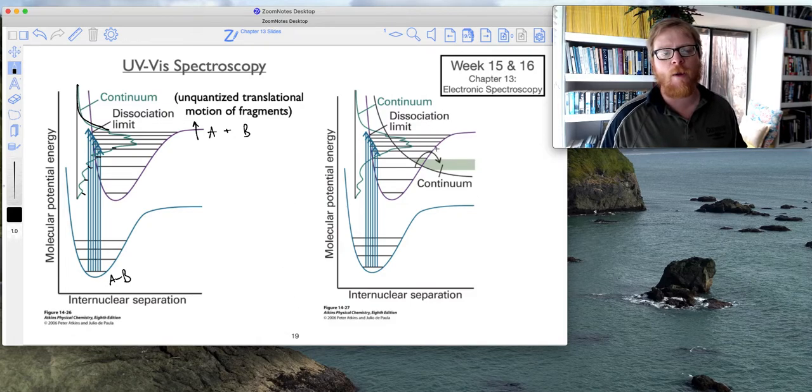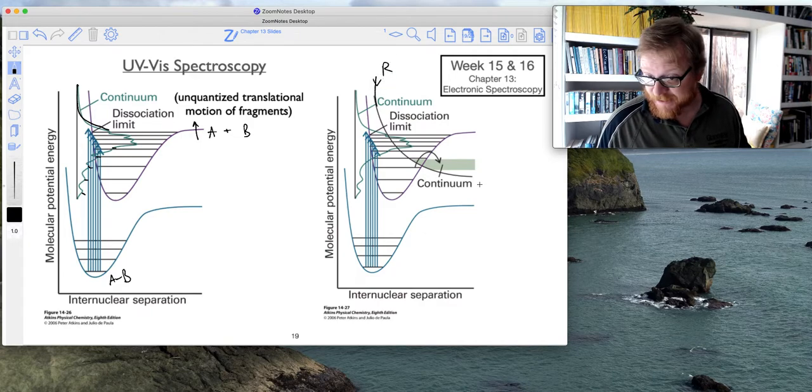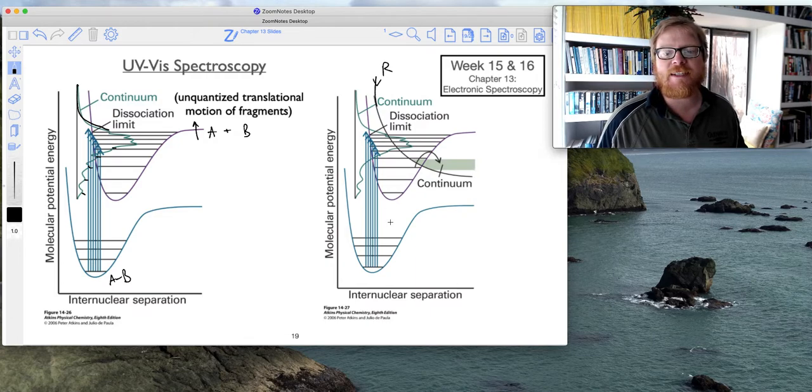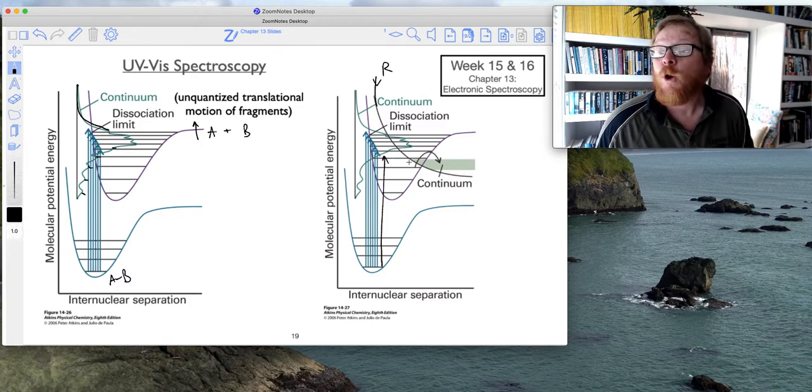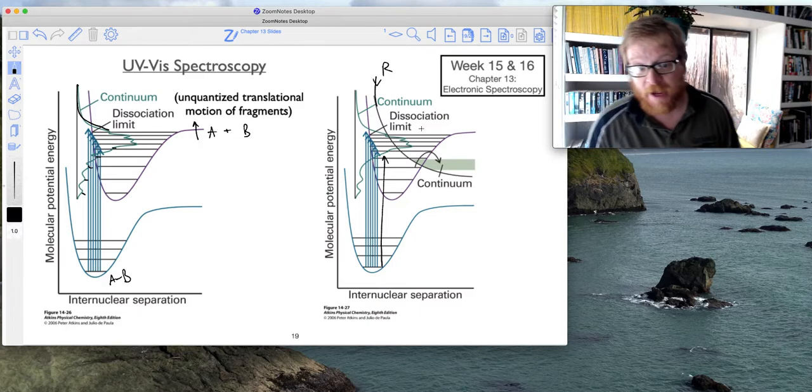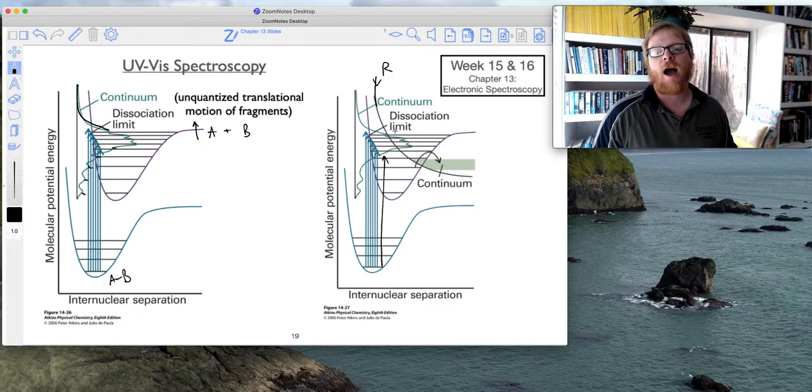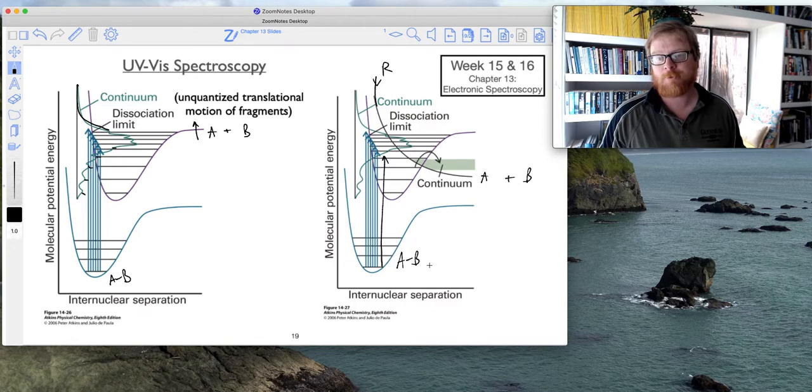So we can also get what's often referred to as pre-dissociation, where, let's say, there was a repulsive state, okay? So I'll say R, so some anti-bonding state, right? We can see how excitation to one of these levels right here could then lead to an intersystem crossing or internal conversion, depending on if the states are of like multiplicity, which could lead to then photodissociation, right, to photochemistry, okay? So that's showing you another thing that can happen to these excited states.